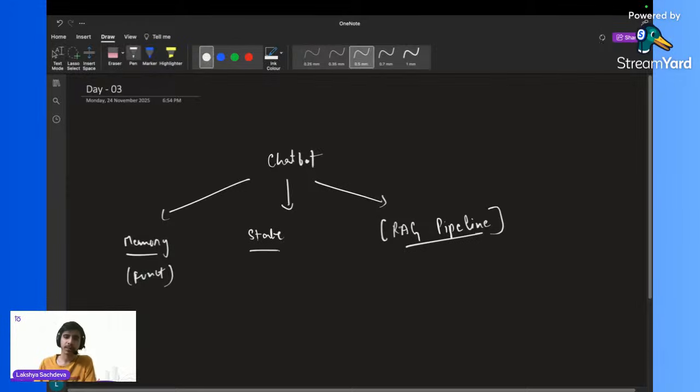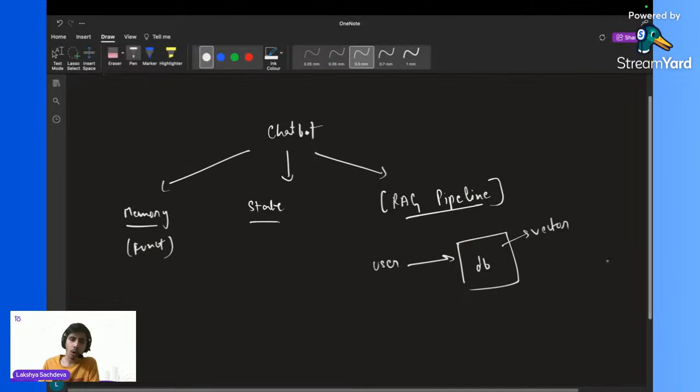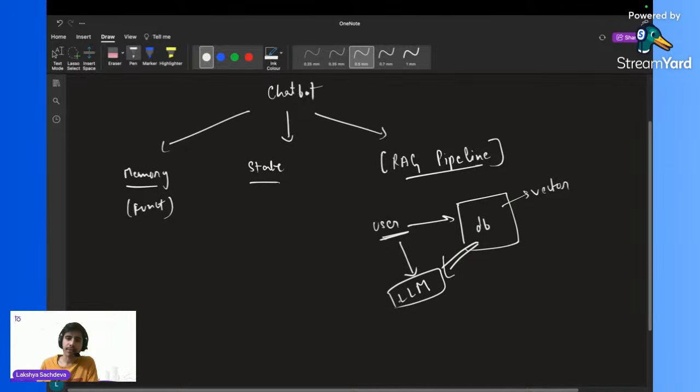So in this RAG pipeline, whenever a user gives a query, this query first goes to a database. This is a vector database. Then all the vectors related to that query given by the user will be extracted. Then both the user query and the related vectors extracted from the database will be sent to an LLM, and we can get the output